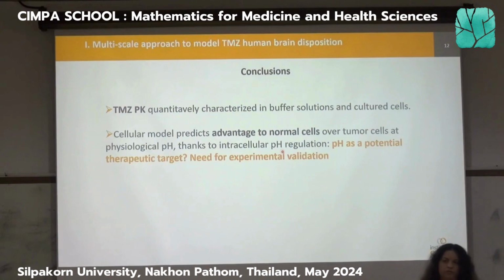And then we have used this very simple mathematical model to try to identify strategies that will actually help for the therapeutic optimization. And in particular, we have found that modifying pH and actually having extracellular pH close to acidic values will give an advantage to the normal cells, which will not be sensitive to temozolomide, whereas the cancer cells will actually probably die or die more from temozolomide exposure.